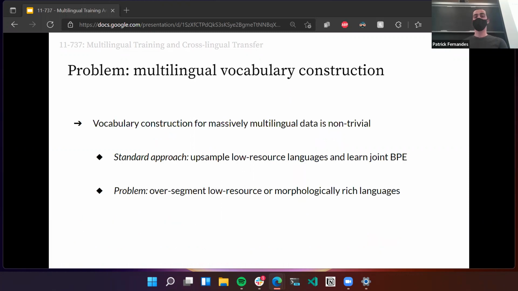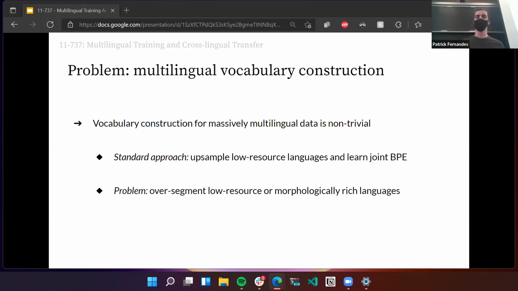Cool. So another problem you're going to run into is multilingual vocabulary construction. The way you currently do it is probably not optimal. As previously discussed, normally you just concatenate all your data and learn a BPE model over this concatenated corpora. But this will probably over-segment your low-resource data, because the way the statistical model works is that the more you see a particular subword, the more likely it is to be an actual subword unit. And because there's so little data for the low-resource languages, those are probably going to end up being